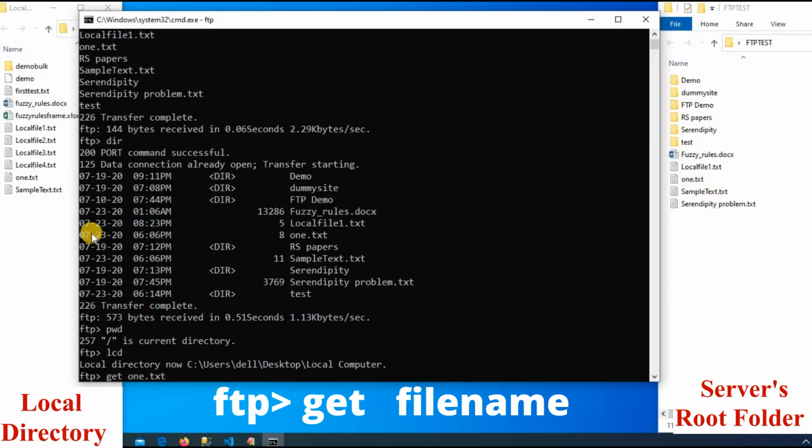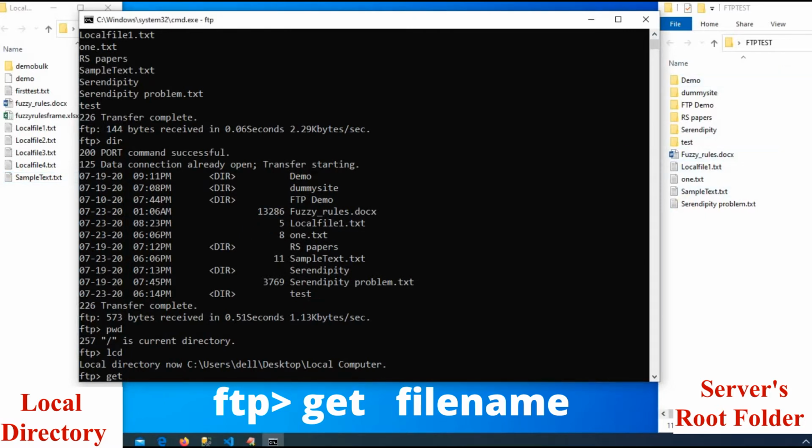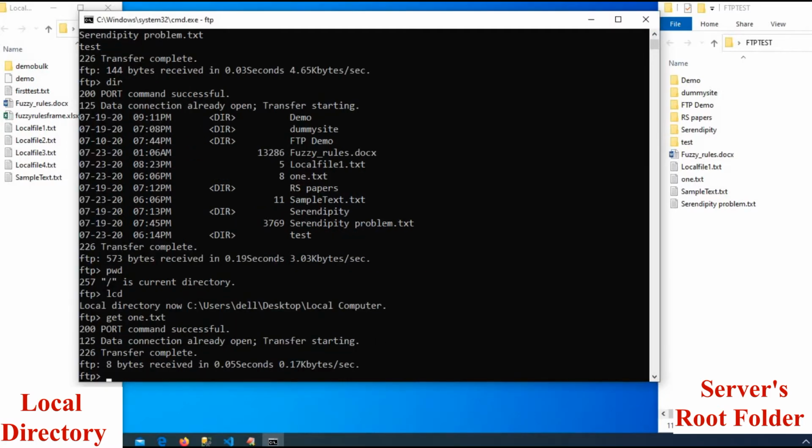Now observe here, we already have it, so I'll delete it from my local folder. And now from the server, I will download it in my local directory. So type 1.txt, hit enter. Now to upload, use the put command.